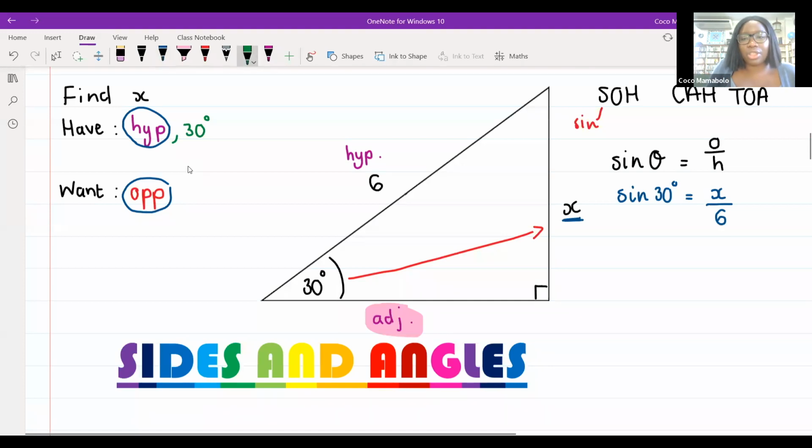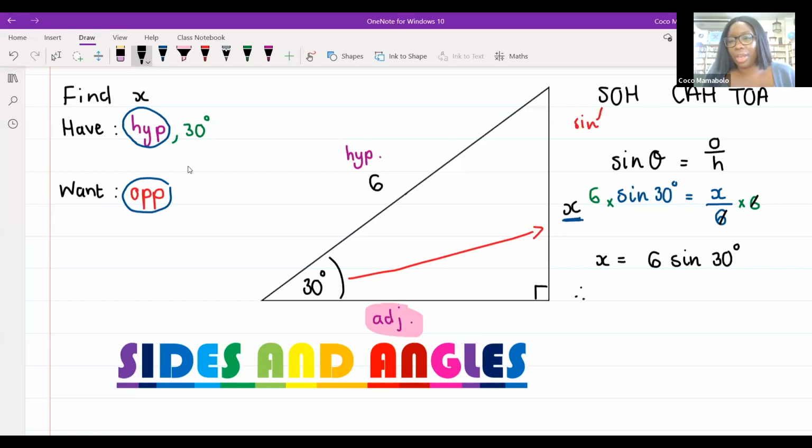So now if I wanted to get rid of this divide by 6, I would multiply by 6 on this side. And if I multiply by 6 on this side, I'm going to have to multiply by 6 on this side. So if I want to find x, I need to go to my calculator and type in 6 times sine 30. So 6 divided by 6 gives me 1. So x is equal to 6 multiplied by sine of 30 degrees. And if you punch that into your calculator, therefore, x is equal to,